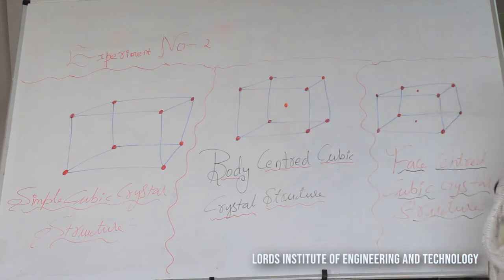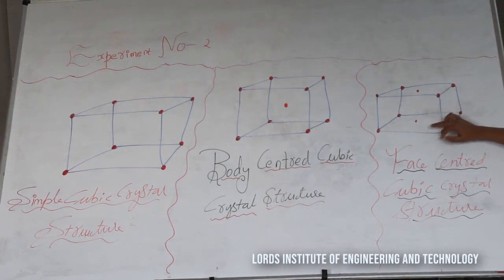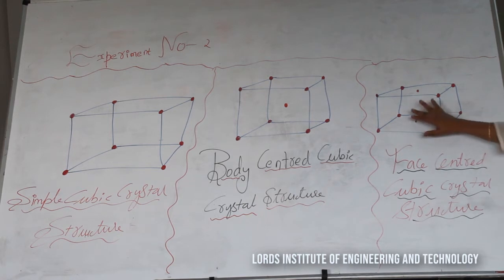And coming to the last one, the face centered cubic crystal structure. In this face centered cubic crystal structure, normally you find 8 atoms occupied at the 8 corners of the unit cell, and also there are 2 faces exactly here. You may get it, ma'am, we also have the other 2 faces here. This is not called a face because if you start drawing this diagram, you will find that you are joining 2 rectangles indirectly. So 2 rectangles have 2 different faces. First rectangle one face, second rectangle another face.